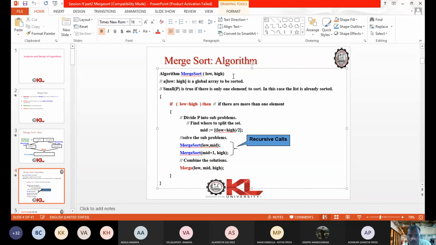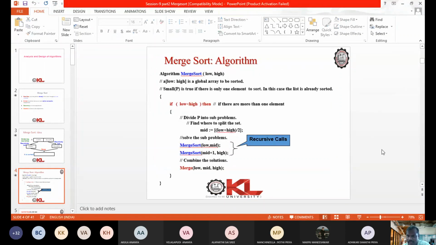Now if low is less than high, that means the list contains at least 2 elements, we apply these steps. Otherwise, if the list contains 1 element or 0 elements, we need not do anything. So all these steps are applied only if the list contains more than 1 element. There are three important functions: MergeSort of low comma mid, this is the first part, MergeSort of mid plus 1 comma high, then merge. So this is a very simple algorithm.